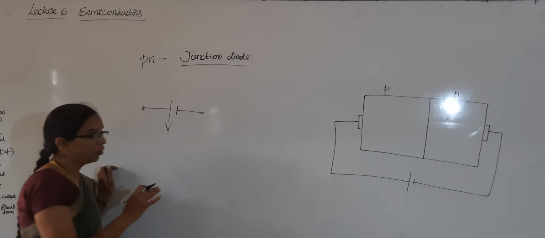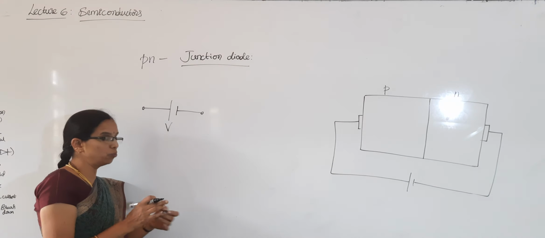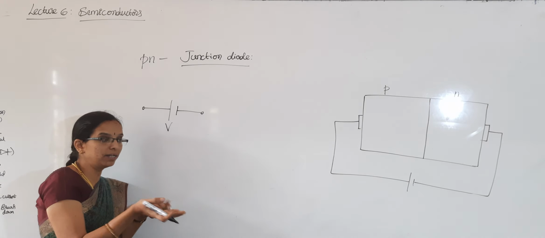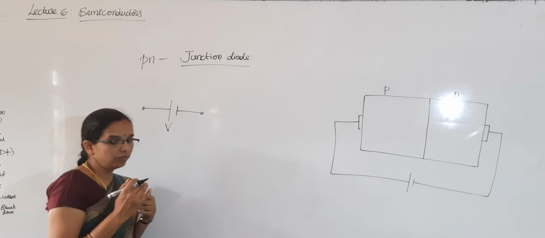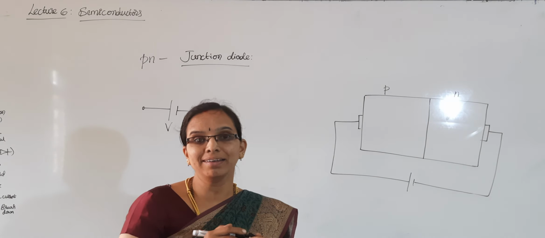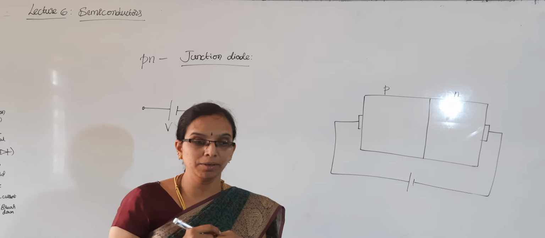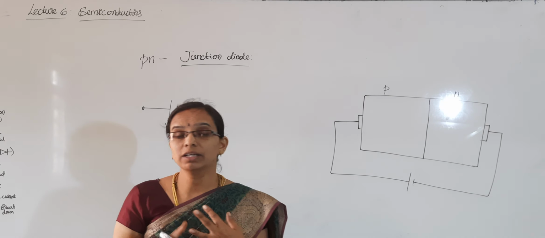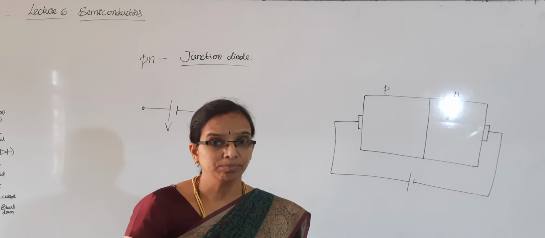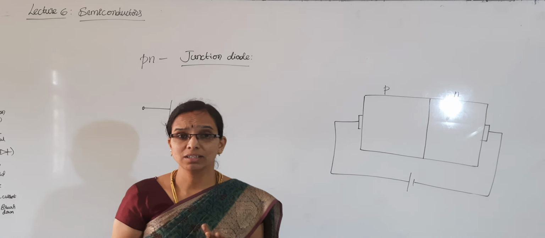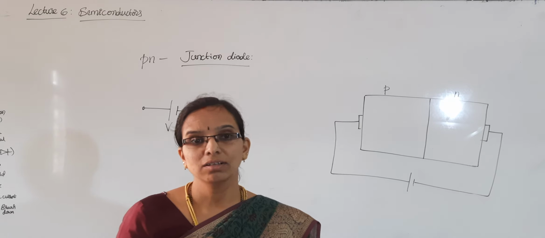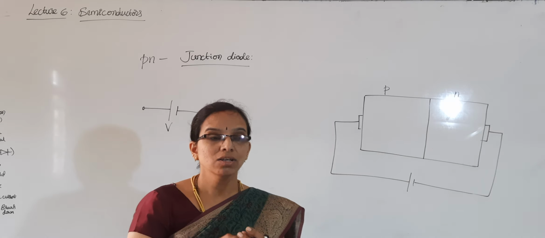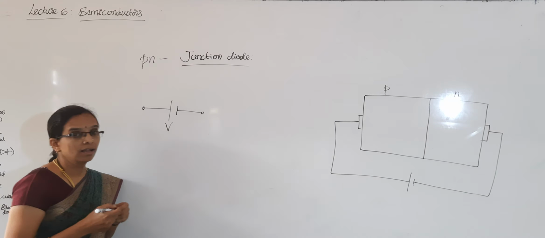In order to make electronic devices work, you should give an external voltage, you should supply electricity. Even for your mobile phone, there is a battery inside it, so that it will run. For example, whatever electronic devices you have at home, TV, refrigerator, microwave oven, washing machine, all need electricity. Your torch also works with a battery. So we need to supply